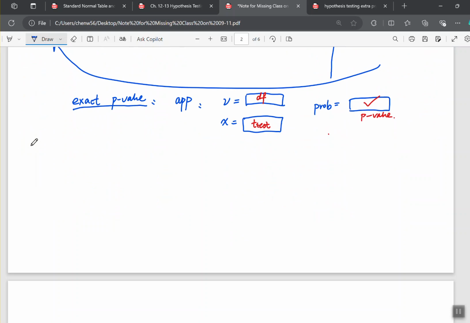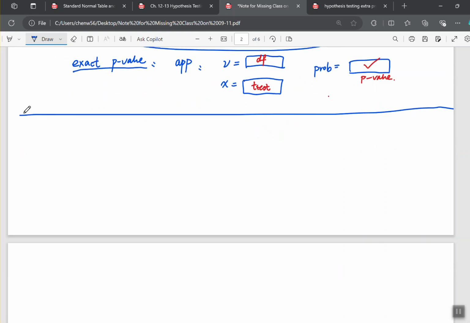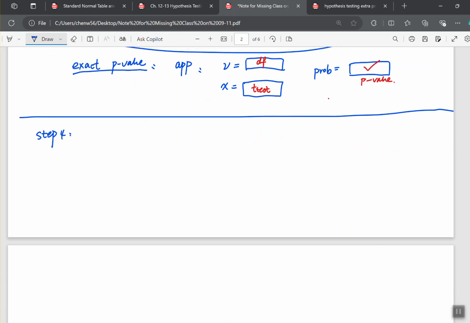All right, so let's continue. That will be the last step, step 4. For step 4, from the last step, we got